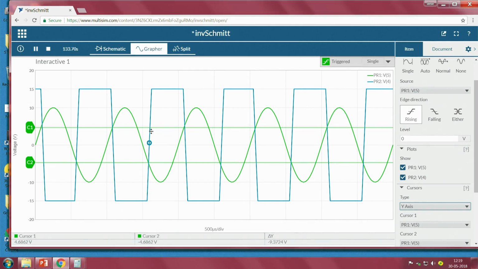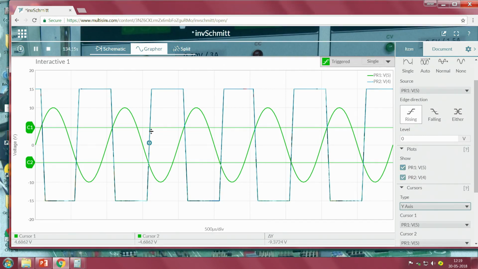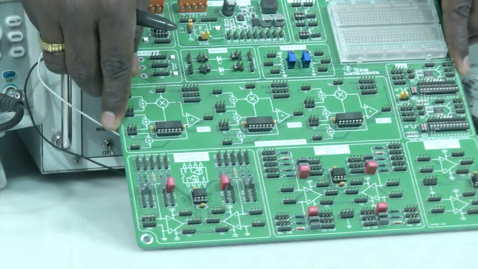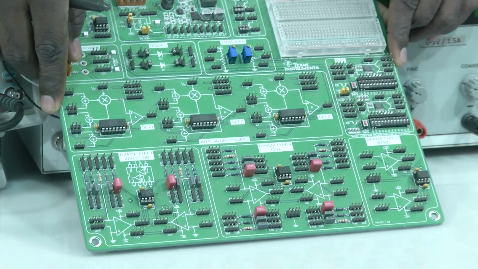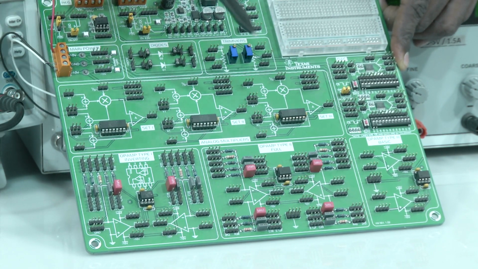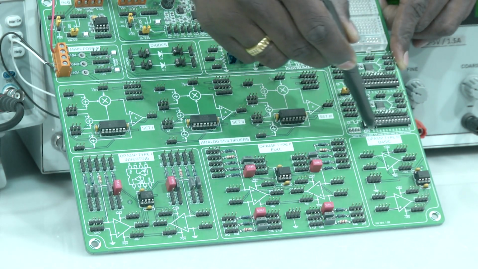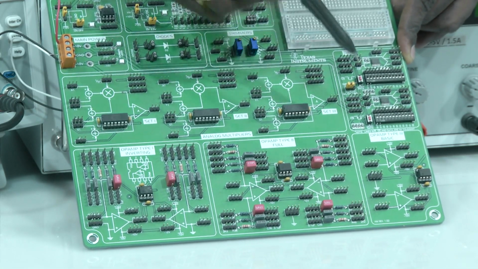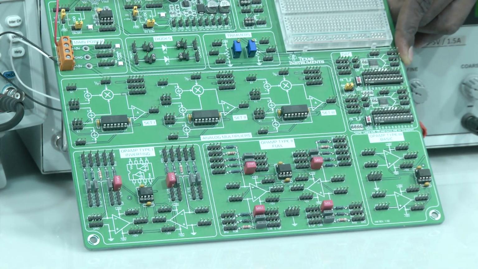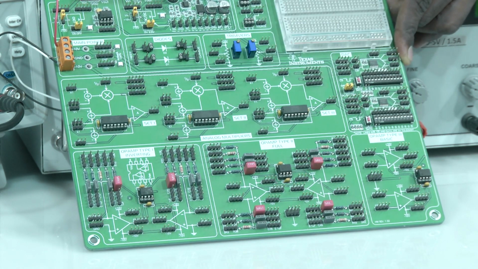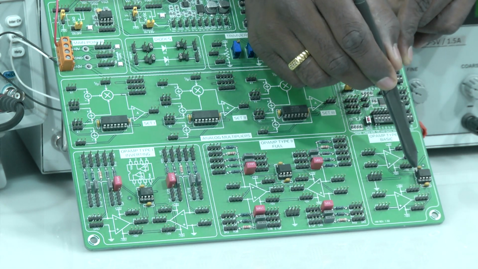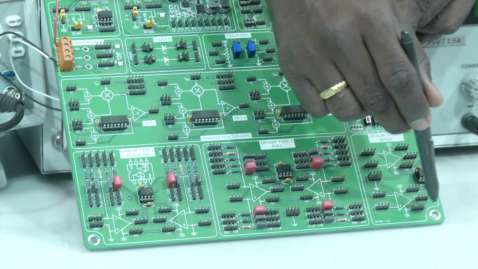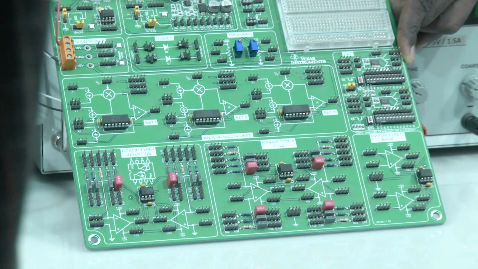Now, when we look into the board, as we have already seen the complete board and how it looks in our last sessions, we are going to use only this particular part, which is the op amp basic type. This board contains the TL082, which, as we already know, is a dual op amp. So, within this single IC it has two op amps; one op amp is at this point, and the other op amp connectors are at this point.